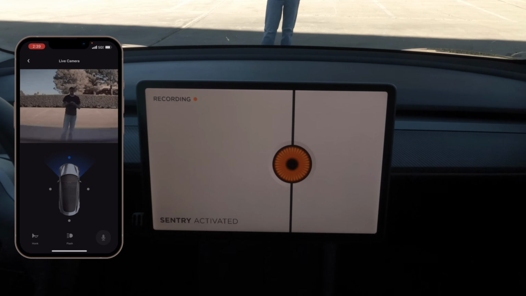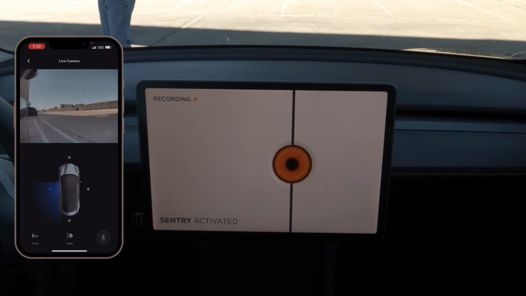So you see that. So now what we're going to do is go to the left side of the car, and I'm going to walk around, and you should see me come into view right here. Let's say if I'm looking in the car, anything like that. So that's kind of how it is. You also see on that screen the recording. I forgot about that. You will not see it actually in the car. So this screen recording will be the only thing you'll see.